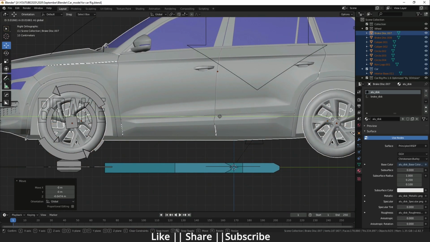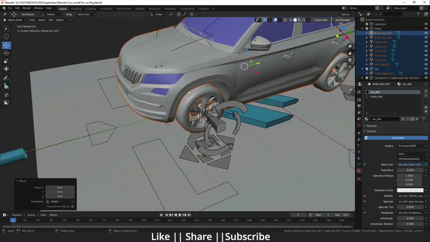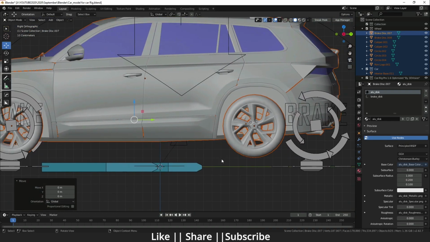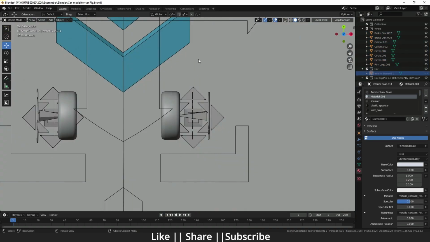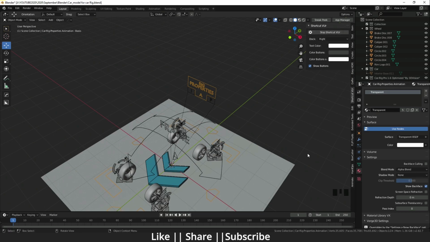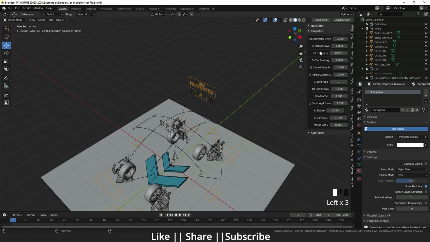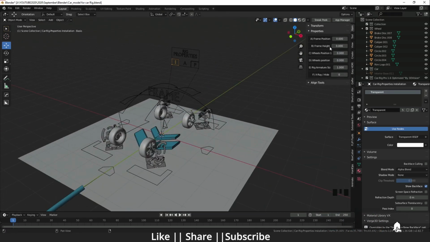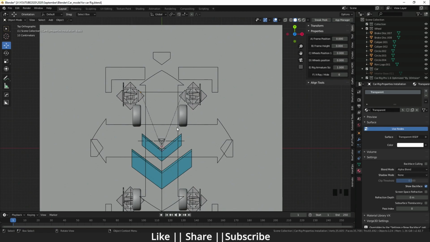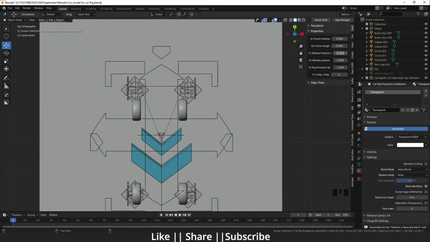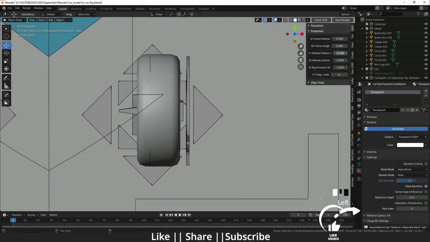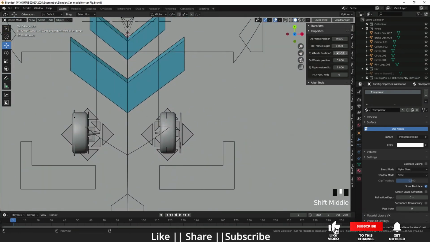Part 1 talks about each and everything, like how we can connect the controller with the tires and the cars, how we can create this kind of ground plane, how you can use this kind of texture, and how we can append any kind of model with the file which we have provided with this add-on. We have almost talked about each and everything in part 1, so if you haven't seen it yet, then go and check it out.